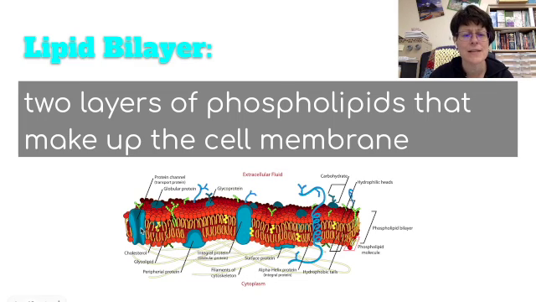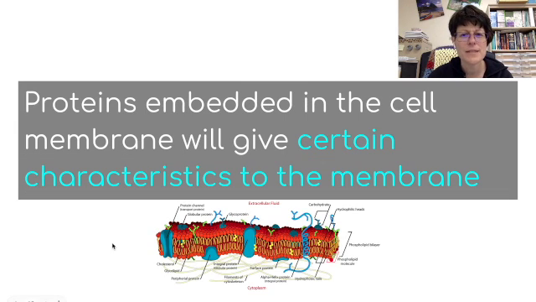And you can see that the cell membrane is actually pretty complex. It's not just these two layers, it has all kinds of things embedded in it and attached to it. Now, proteins embedded in the cell membrane will give certain characteristics to the membrane. So, all of these things here allow the cell to do different things. And also, do you see these carbohydrates sticking out? Those are really important for, say, your immune system to identify that the cells actually belong to you so they don't get attacked. Where if they have foreign carbohydrates on them, they might think that they're an invader like a